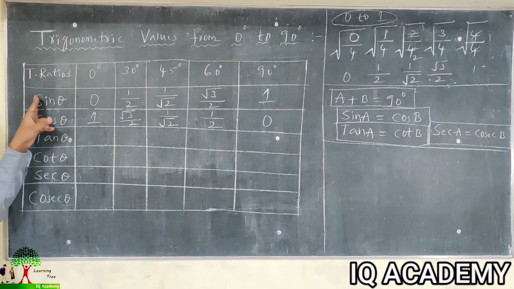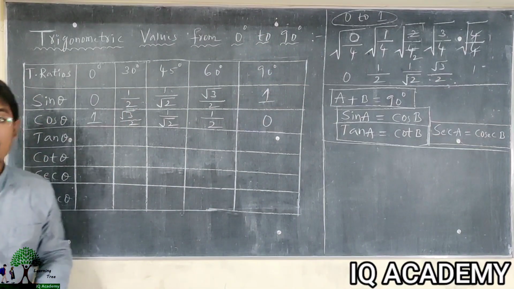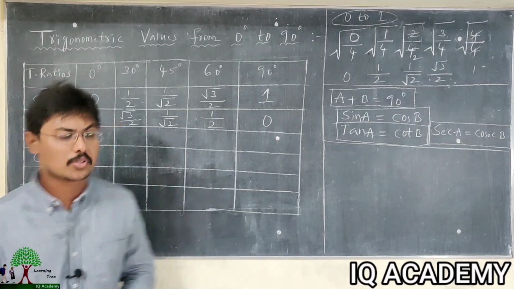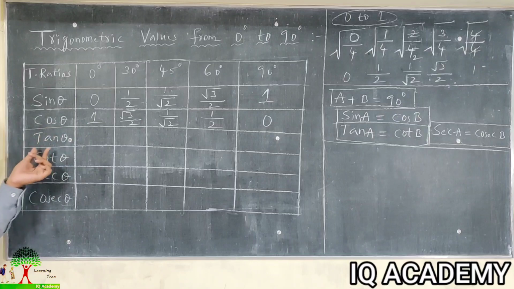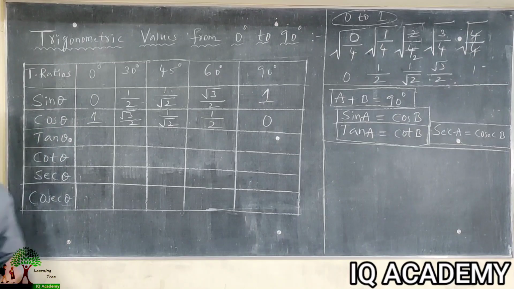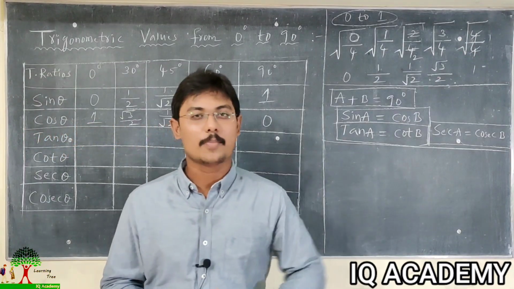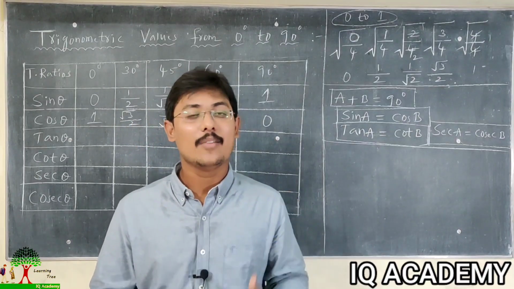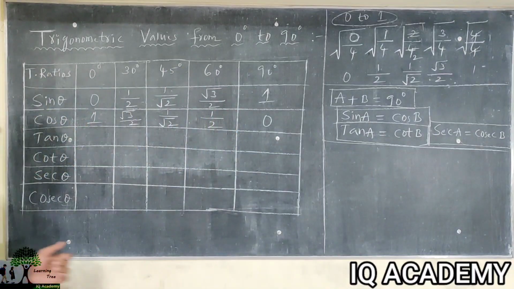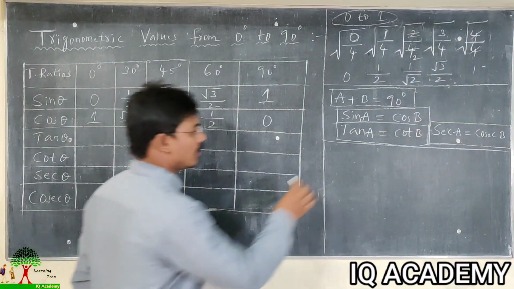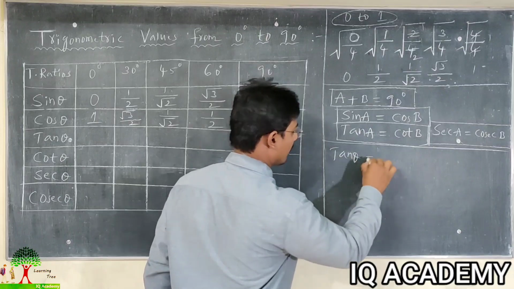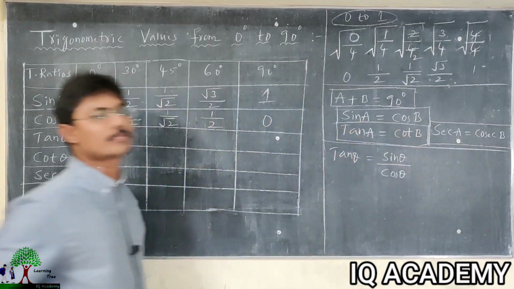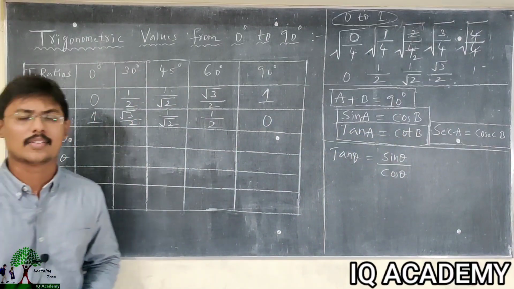The first two trigonometric ratios are completed. Now the third trigonometric ratio, because we have 6 trigonometric ratios and 2 are completed. Now tan theta. So we know the concept of trigonometry. In this concept, tan theta can be written as sin theta divided by cos theta. We know this. If we divide sin by cos, we get tan.